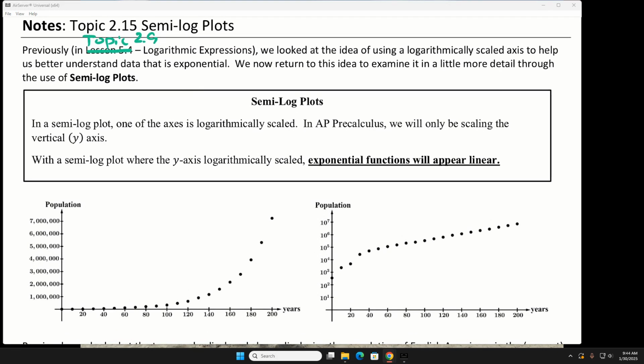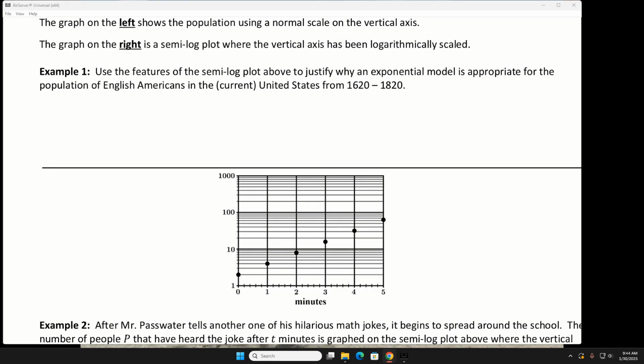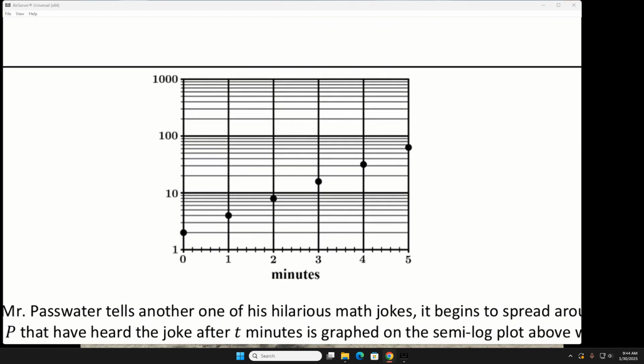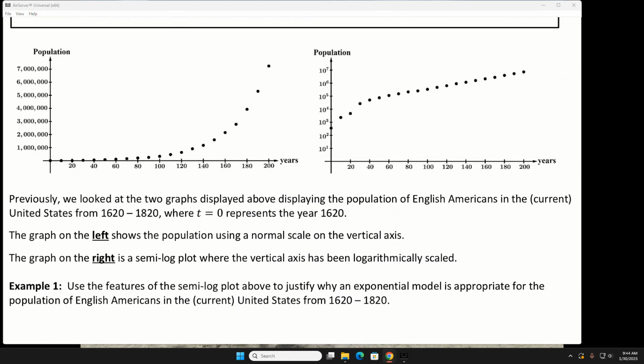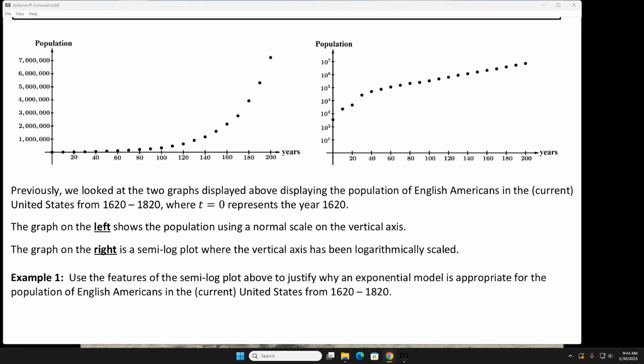We talked about semi-log plots where the vertical axis is logarithmically scaled. And so I think you recognize something like that. That's what the grid looks like. And we did this exact situation where this is the graph of the population of English Americans in the United States from